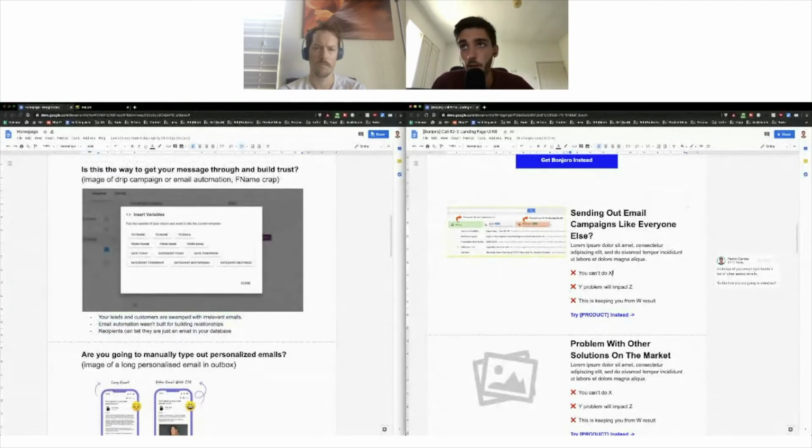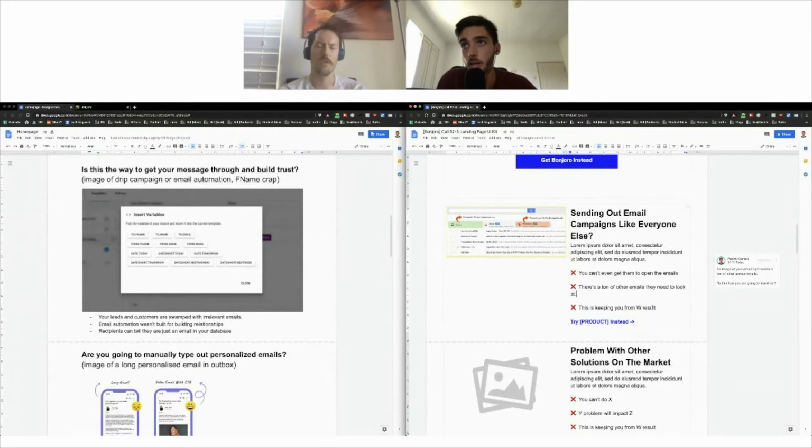So we can say you can get them to open emails. You can say there's a ton of other emails they need to look at, and this is keeping you